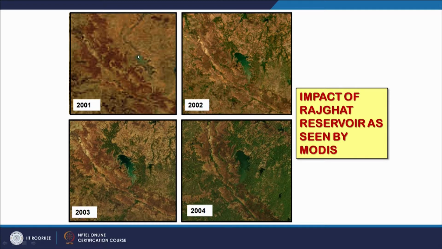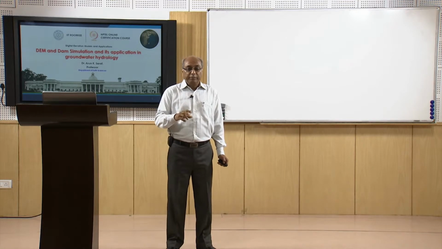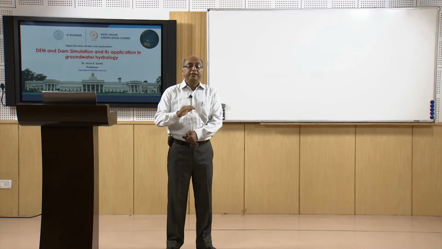Just compare 2001 and 2003, and compare 2001 and 2004. So this entire area became almost green just in 3 years' time, because the aquifers are unconfined here. So you impound the water on the surface, because it remains mainly in the unconfined aquifers, because these are the hard